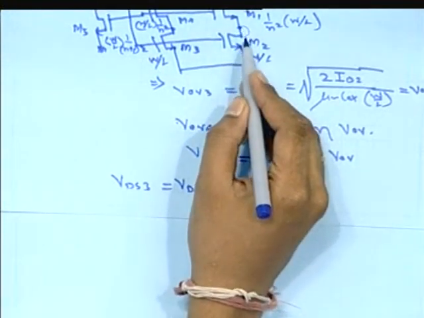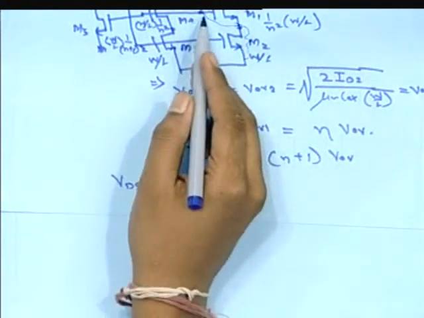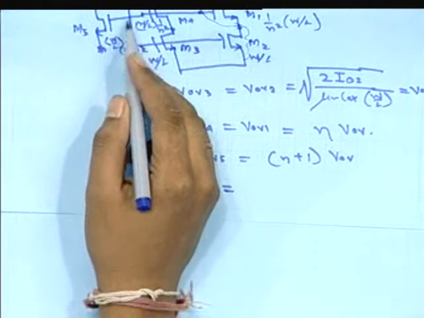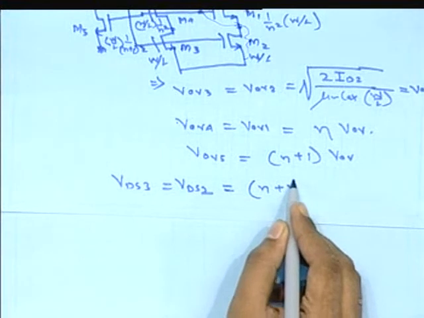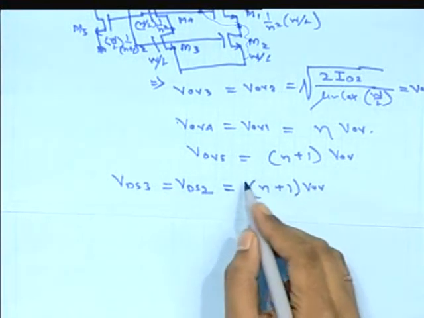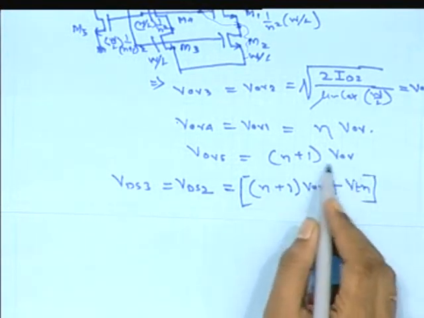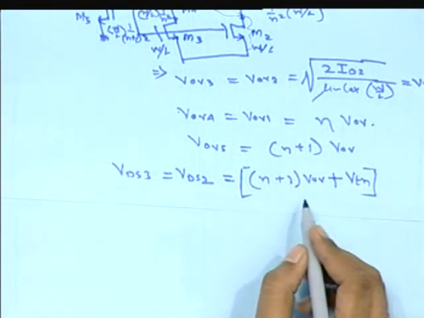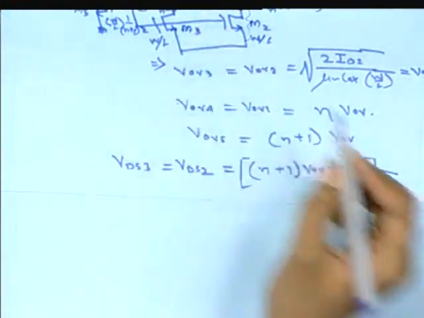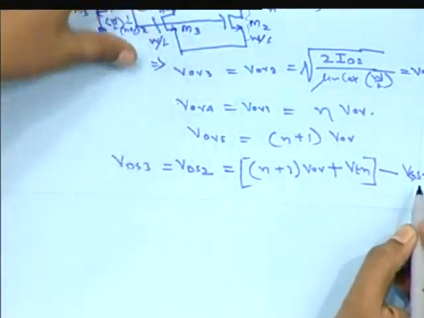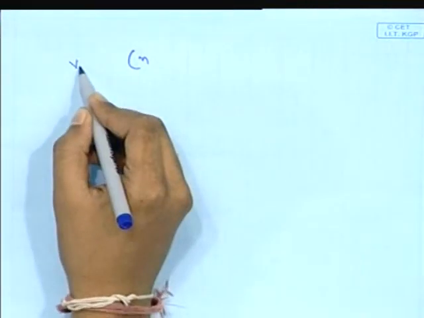This voltage plus this voltage minus this voltage. Now this voltage is nothing but the gate to source voltage of the M5 transistor, which is n plus 1 times VOV plus VTH, because we need the VGS, and VOV is nothing but VGS minus VTH. Now again we conclude that for that, minus VGS4,